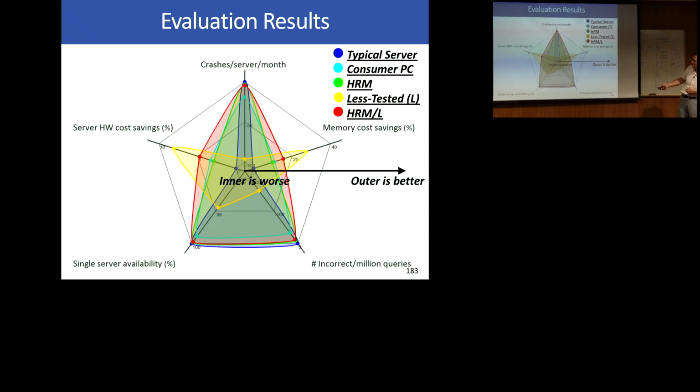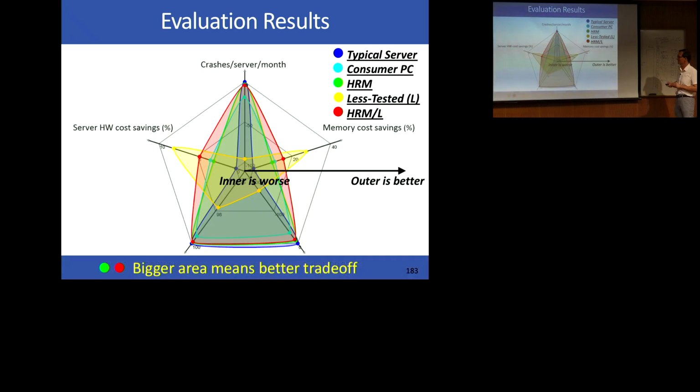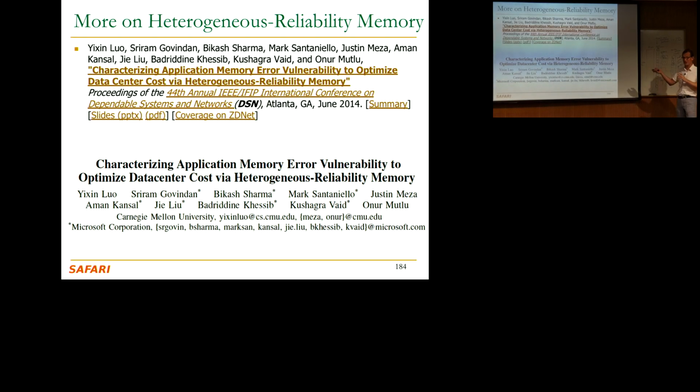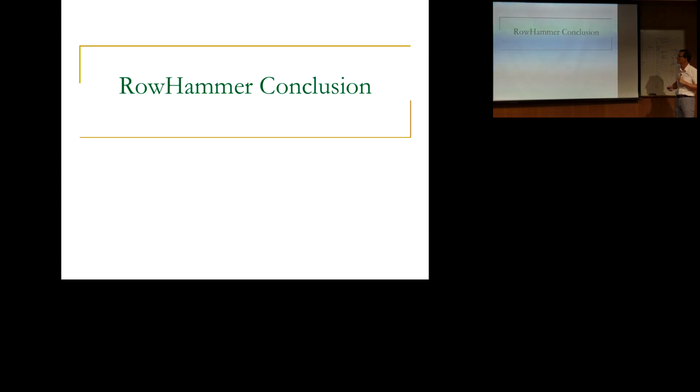You give up some availability, and you sometimes get incorrect queries, but you may not care, again, depending on the application. But it's very close to, it's better than others in many dimensions, as you can see, right? It gets you high savings. If you can tolerate these points over here, it may be a good idea. Okay, this is one example result from this paper. And I think there's a huge design space over here and research that can be done at the highest levels of the programming language as well as the lowest level of the devices.